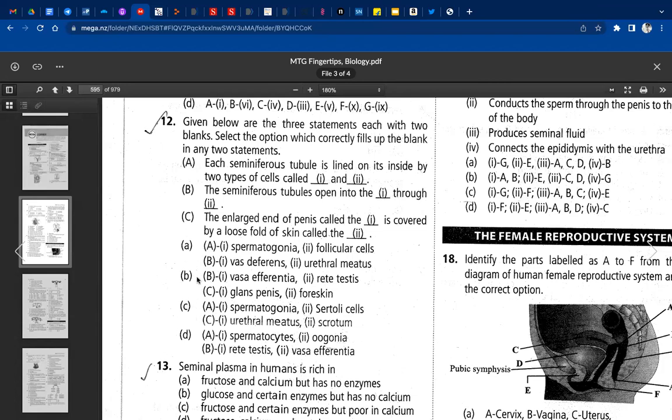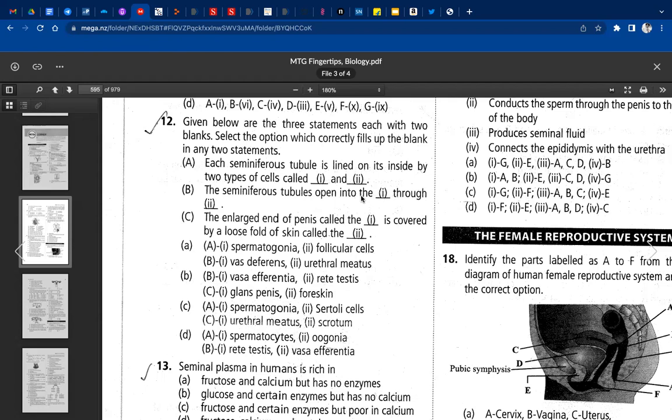Scrotum, that's wrong. Yes, Fatima, at the last it's written scrotum, which is wrong. So in C, everything is right, but the scrotum is wrong. Sorry, even the urethral meatus is wrong. In C, option A is correct, but for B, both are correct, because statement B is